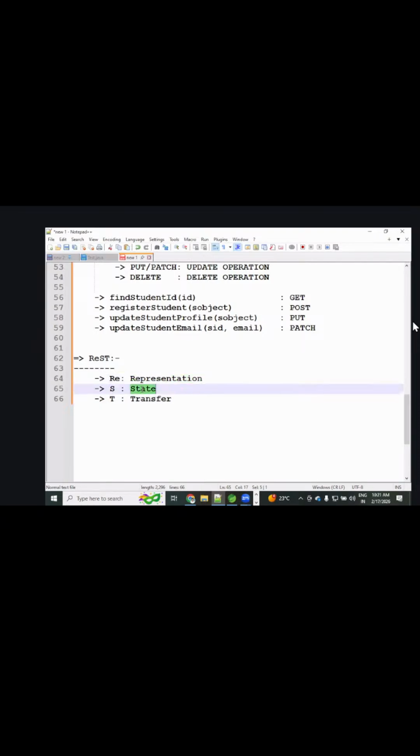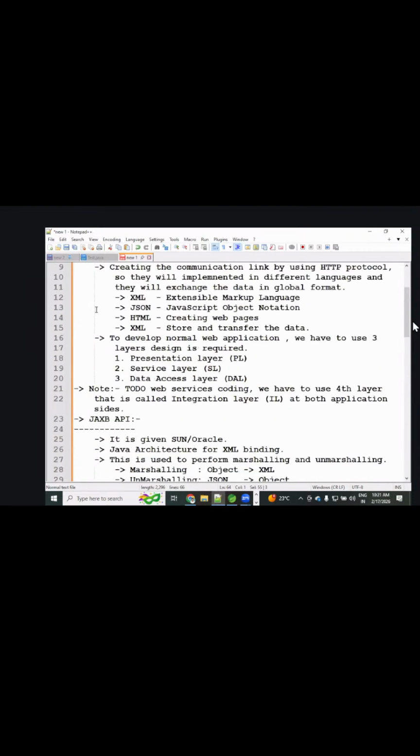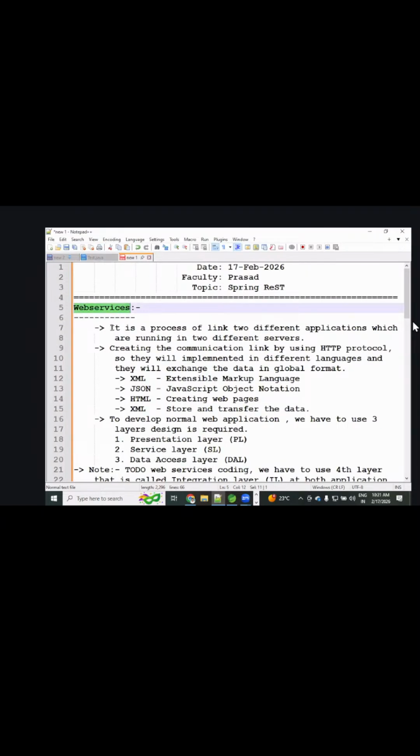Representation, state, transfer. See, before understanding about this, first of all, what is the web services? Web services is what? It is a process of what? Link two different applications which are running in two different servers.